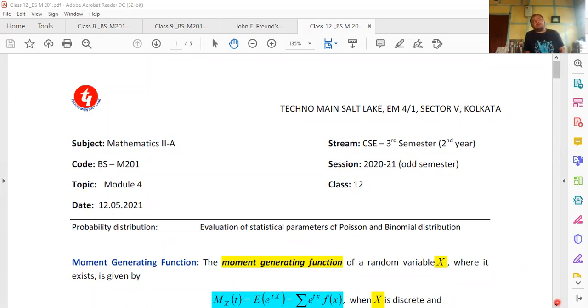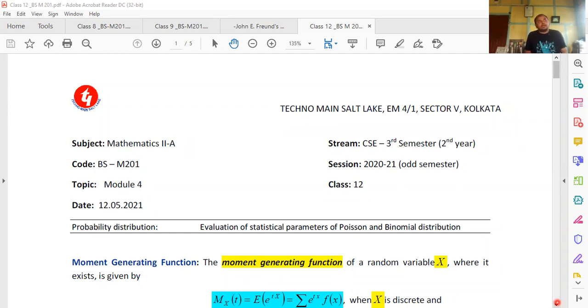But if you can recall, while discussing this particular topic, we just did some sort of calculations. I gave you problems and I asked you to find the mean and variance, and in the case of binomial distribution, we found the number of experiments and the probability of success, etc. But I'm not talking about this. I'm talking about something else right now.